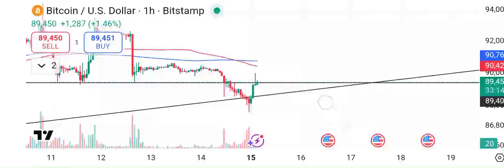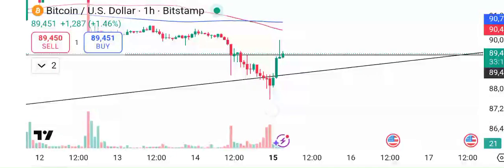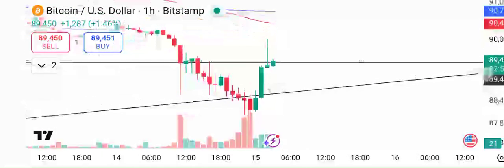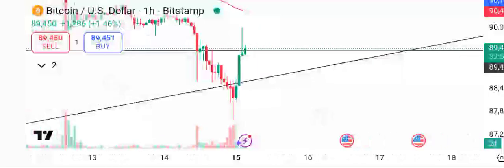So when we look closely now, what are we seeing here on the touch? We can see a rejection. We can see dojis to tell that the sellers are slowing down. We can see that the bearish candles are very small on these areas, and then we have a big bullish candle. This is the big bullish candle we have here, indicating that demand is coming into the market.